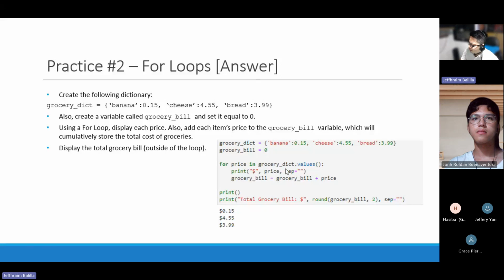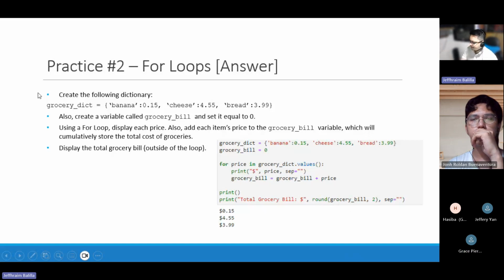And here, the reason why I only listed the values is because the problem doesn't actually want you to display the actual product name. But for completeness, that's what we did with the one earlier. Any questions with this? And this is of course how you would be rounding it off, so the round function.